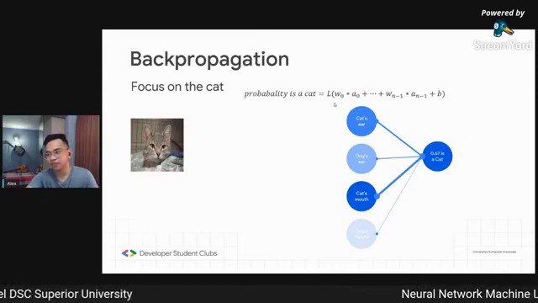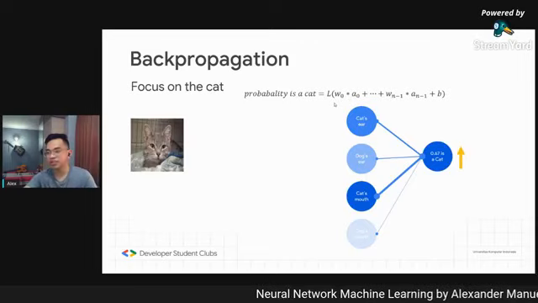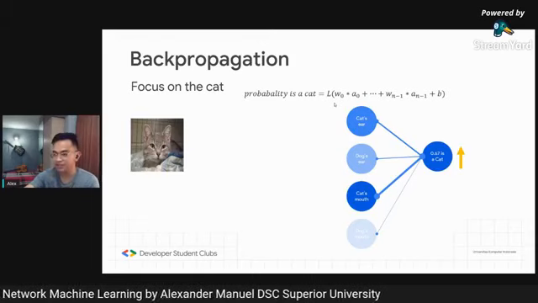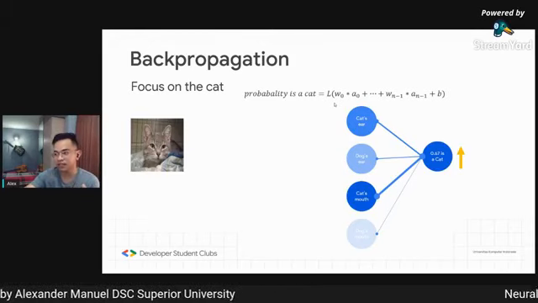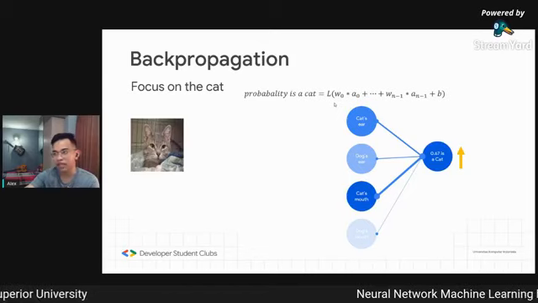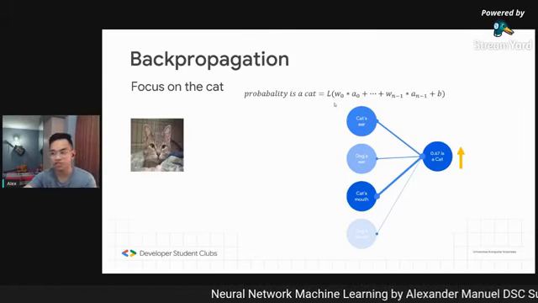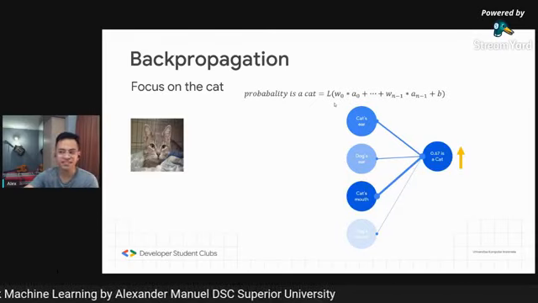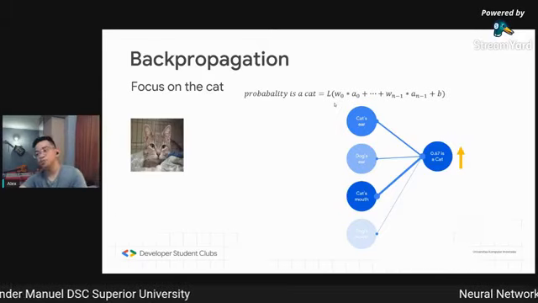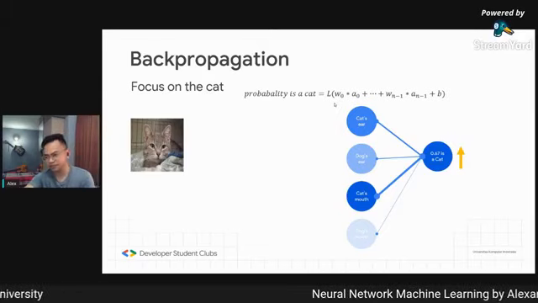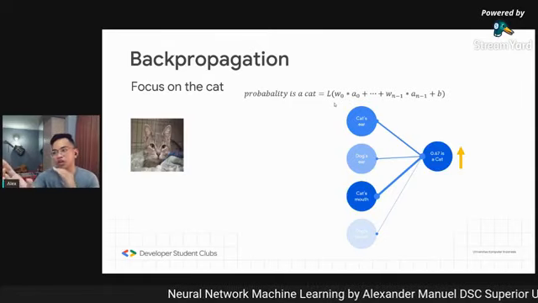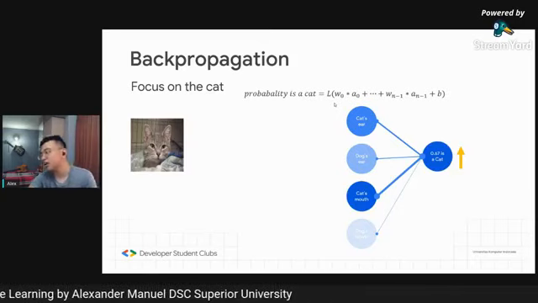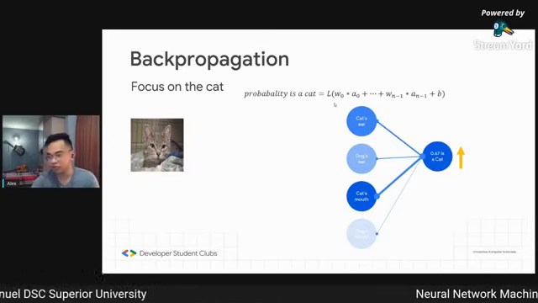As you can see, the actual input is a cat, and the cost function has proved that the model is wrong. The model has made a wrong decision. The probability of a cat, 0.67, should be higher, nearer to one. So we need to escalate the value of the output layer of the neural network.